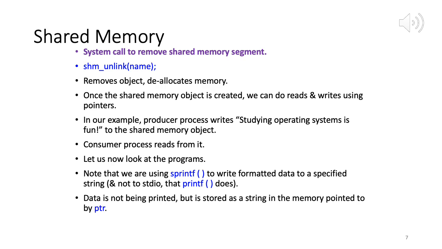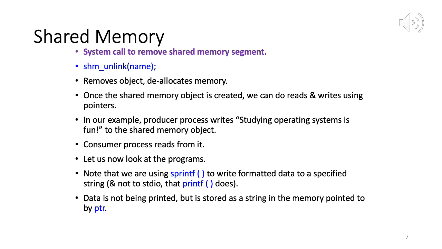So once we are done with the object, prior to this unlink, you have a shared memory object which you can access using name, which is a pointer to that shared memory object, right? And when you unlink it, you break that connection between name and the shared memory object. So that connection is broken, and now the shared memory object can be used by some other program, right?